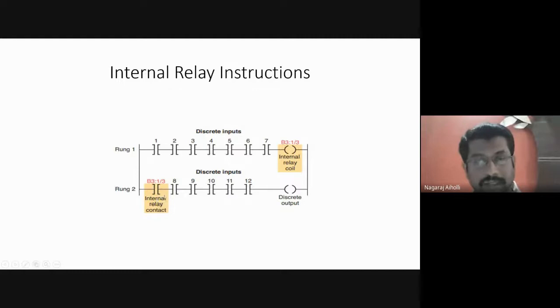That means first this is used, and after a few seconds, the same bit I'm connecting to the contact, to the input, and I'm continuing from there. That means there is a continuity from the rung 1 input to the output, then output to the input of rung 2, and from the input of rung 2 to the output.